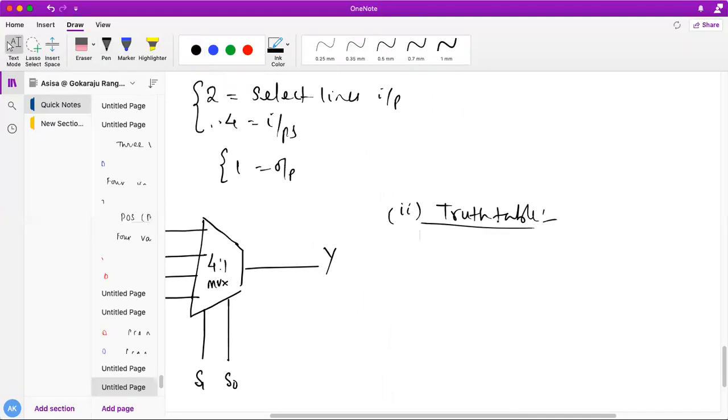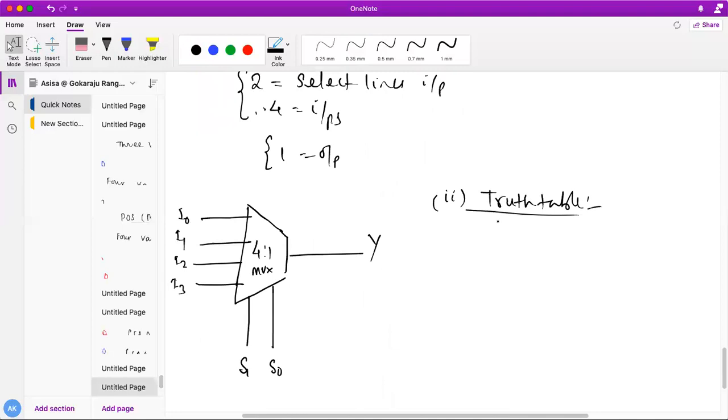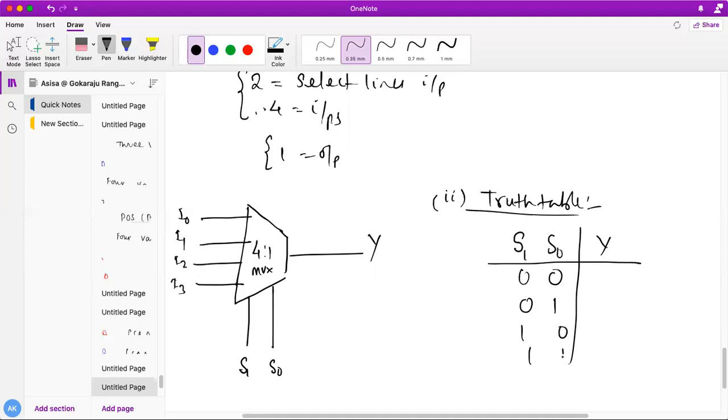As we already studied, the truth table is nothing but the relationship between input and output. As I have told, depending upon the selection criteria, my output will take one of these inputs. So see here, the select lines are S1, S0, and the output is Y. Since there are 2 select lines, 4 possible combinations are possible: 0 0, 0 1, 1 0, and 1 1.